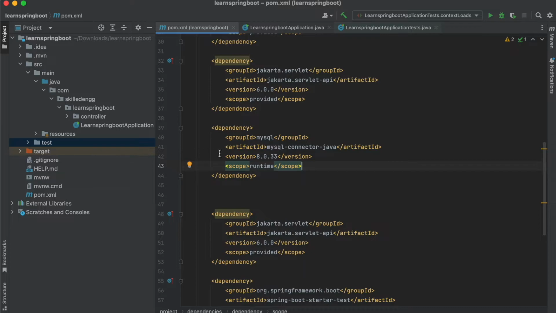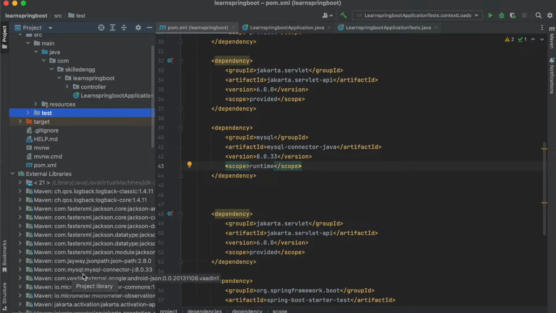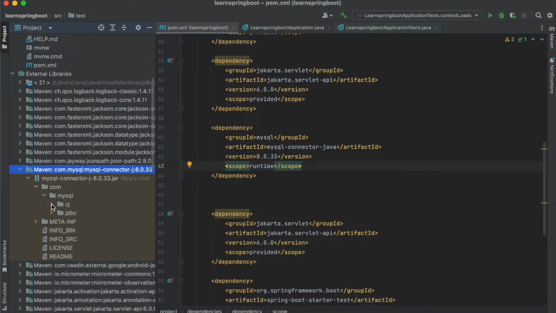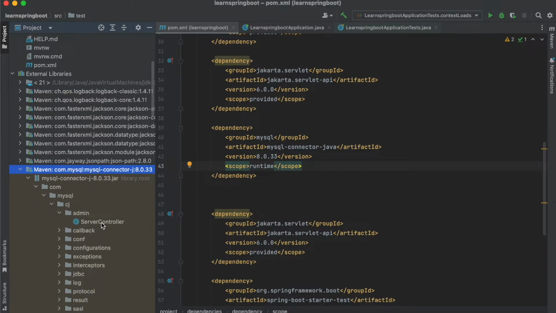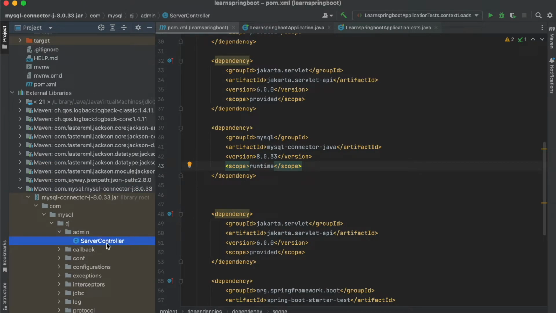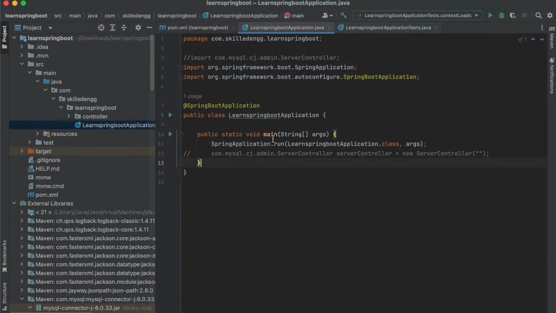If I open up this dependency in the external libraries and expand it, and open one random class, let's say this server controller, and I want to access it in the test class as well as in the main application class, in this learn Spring Boot application which I have defined here, I just uncomment this code.